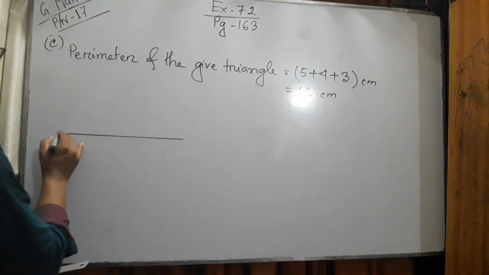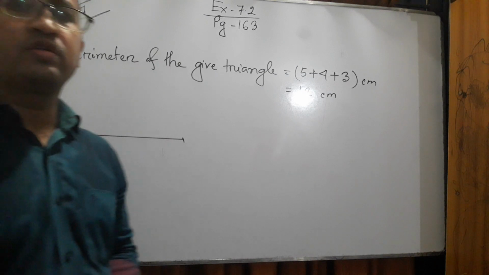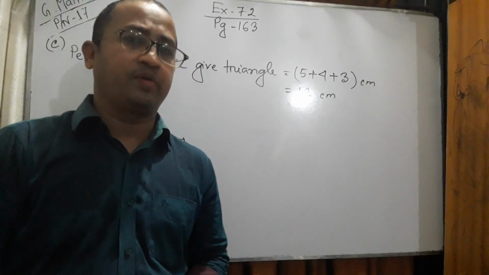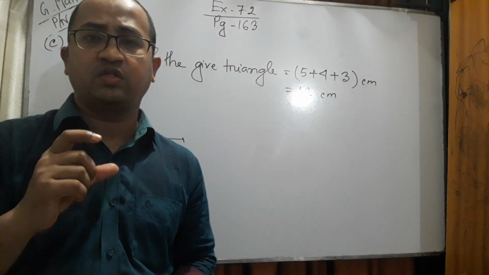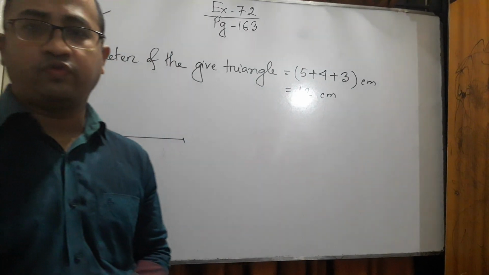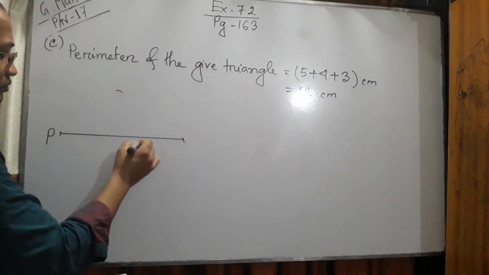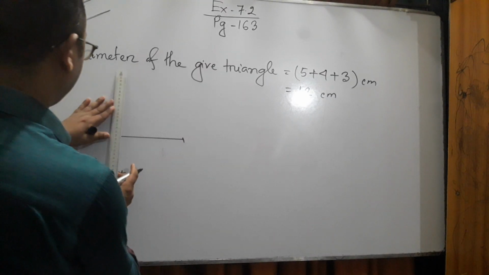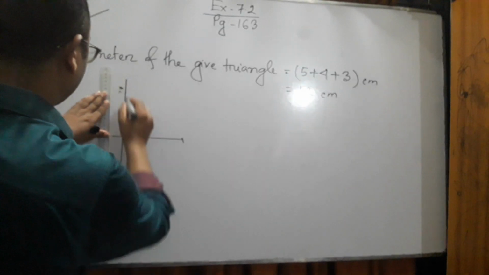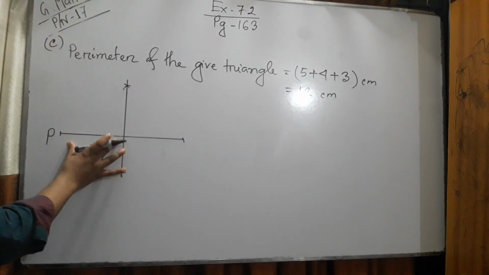Say this is the perimeter, 12 centimeter. We will draw the square. If you want to draw the square, you should know 1/4 of the perimeter, because the perimeter is four sides of the square. So how can you find 1/4? Just now I have told you. At first bisect it. Again you bisect this half portion.